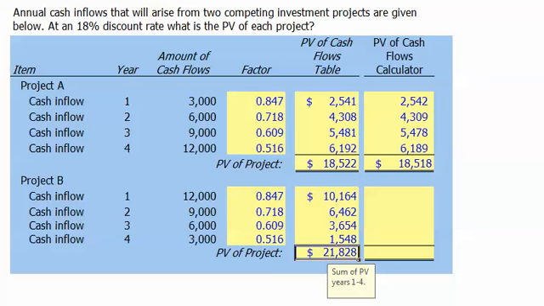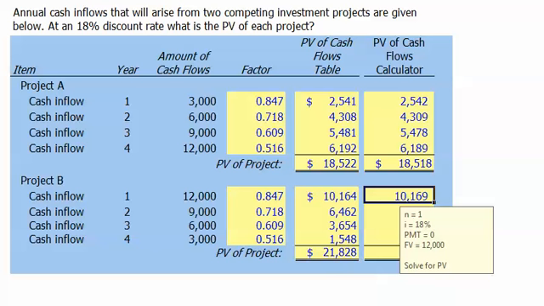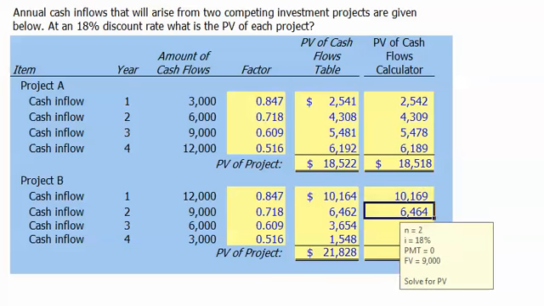The sum of the 4-year present values is $21,828. Using our financial calculator, for the year 1 cash flow, we enter n equals 1 for the number of periods, 18 for the interest rate, 12,000 for the future value, and solve for a present value of $10,169. For the year 2 cash flow, we use n equals 2. Solving for the present value, we get